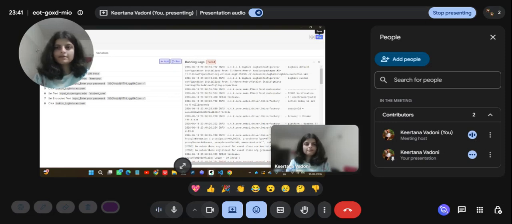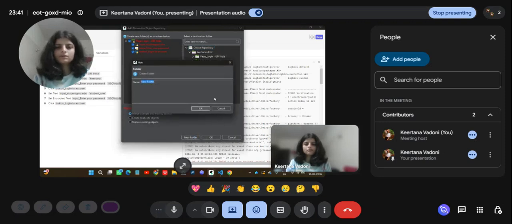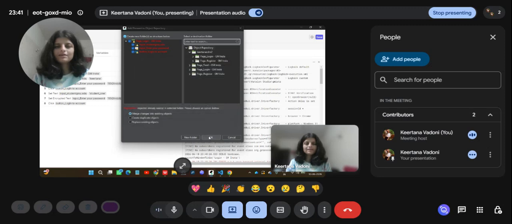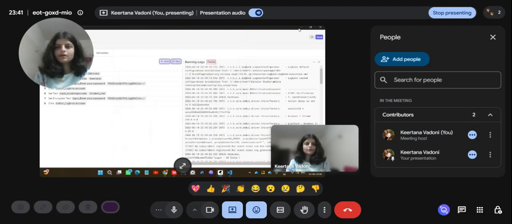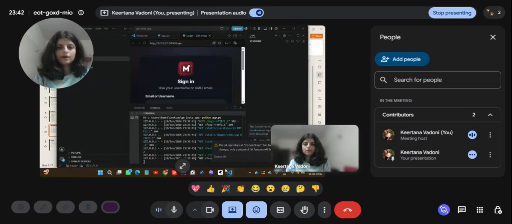We need to save here, and it will be saved in any of these places. You can create a new folder, or you can save in this folder also. Like this you are going to do this. This is how we have executed these, and testing execution results will be shown if you want to do it, I will do